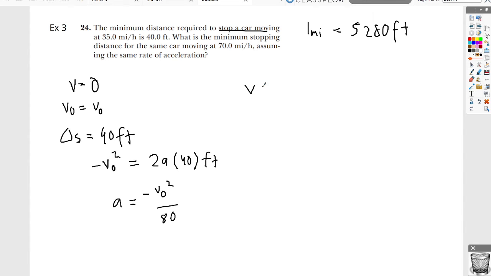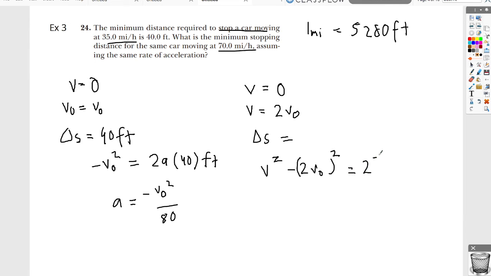So if we do the thing again, v equals 0, but v naught is now 2v naught, because the second speed is double the first speed. So what would our delta s be? It would be v squared minus 2v naught all squared is equal to 2 times negative v naught squared over 80